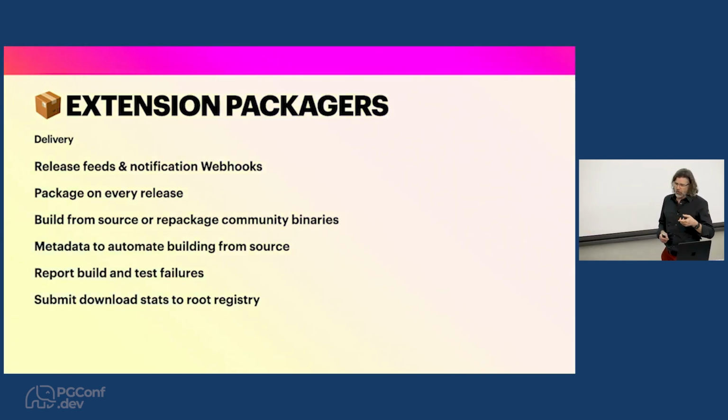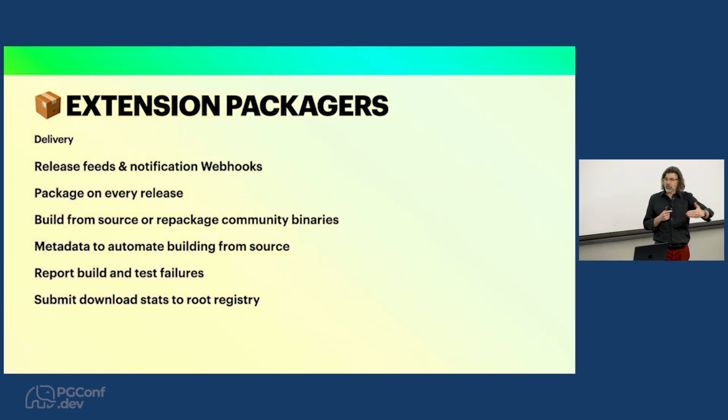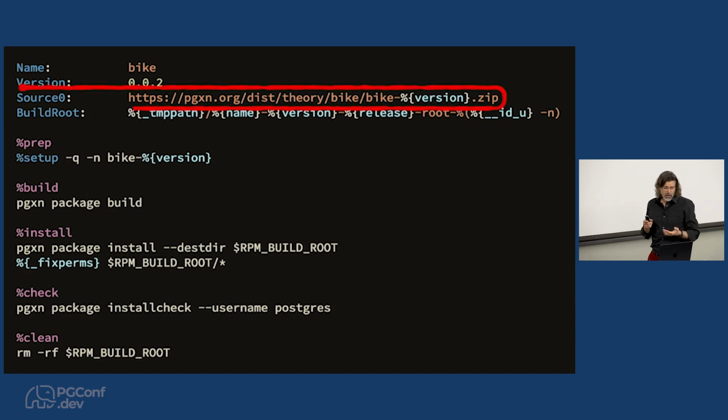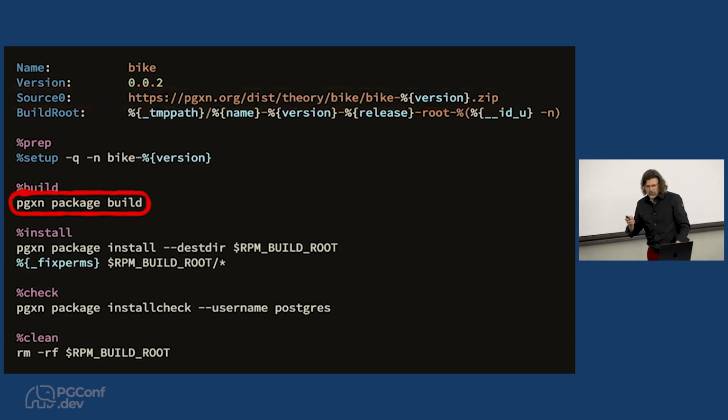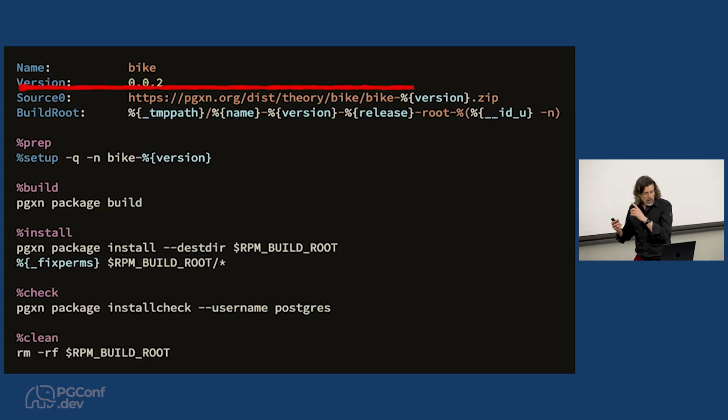And again, as I said before, some of them may have statistics that they could share as well that will come back and then be aggregated from many downstream packagers on the core site for the system. So here's an example I mocked up of an RPM spec file and how it might work. First of all, we have a predictable URL for where to get the new release, a new version.